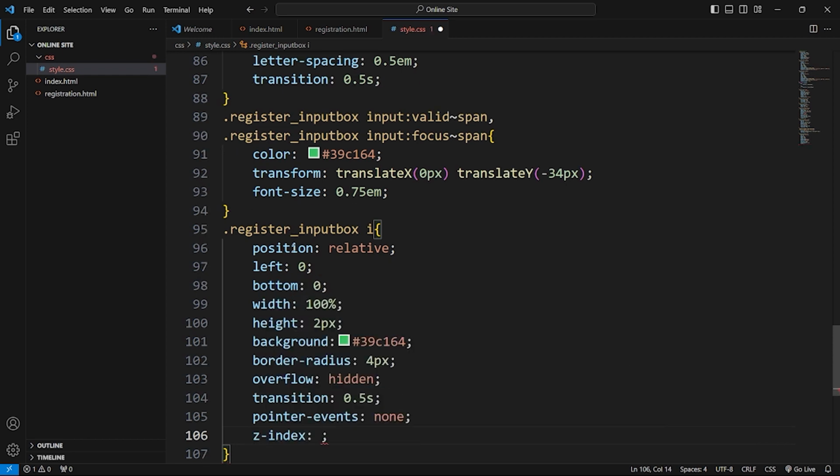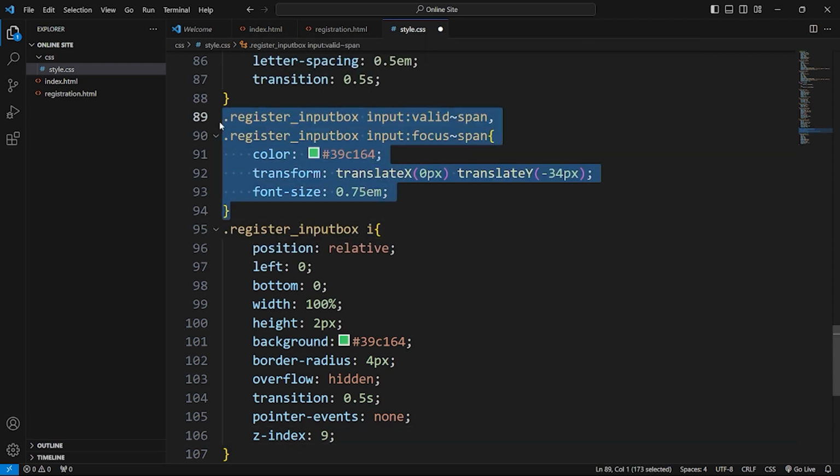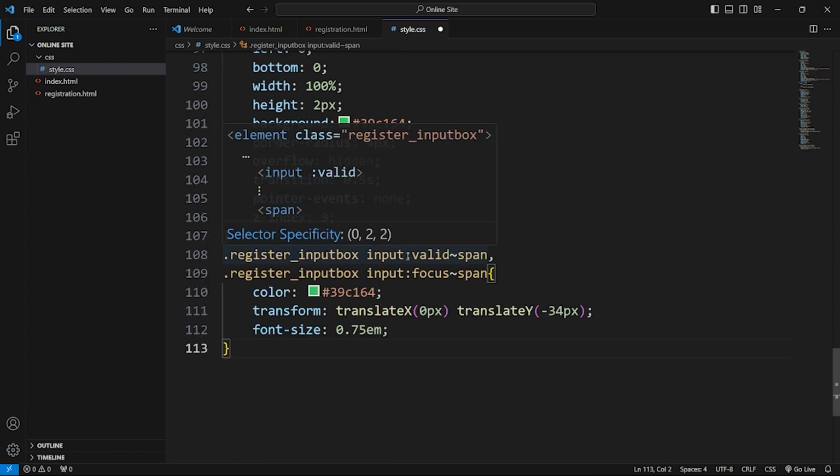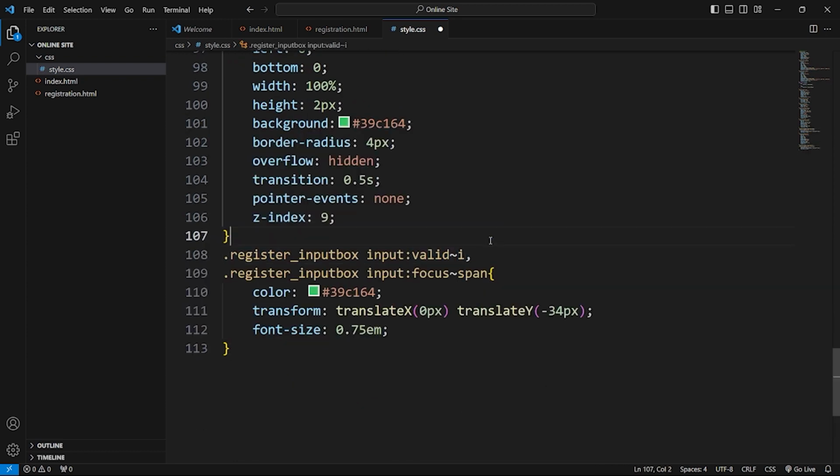Okay, so copy and paste here, span is removed, I replaced it with i, and in properties delete everything and keep only height